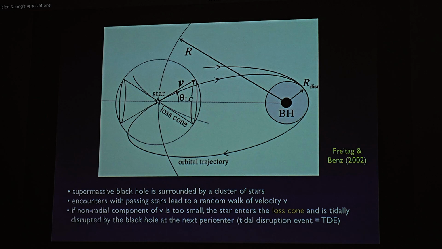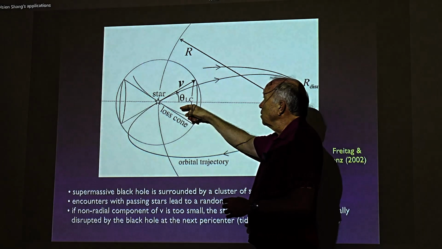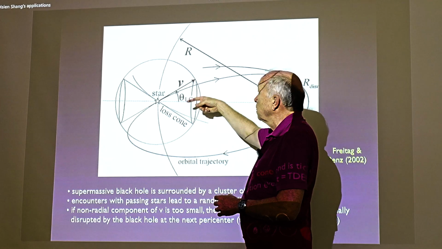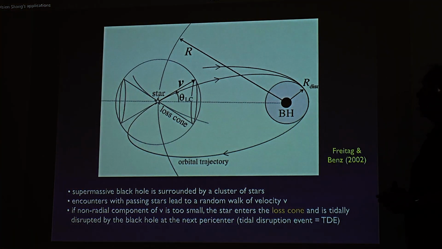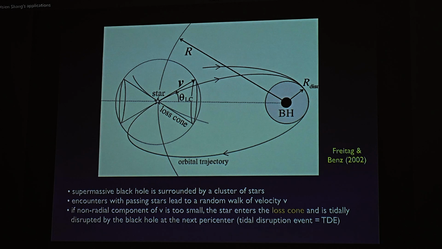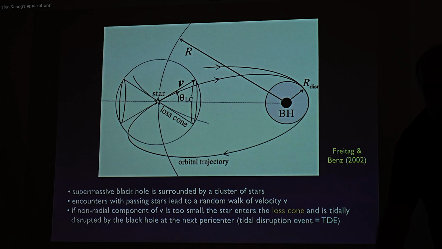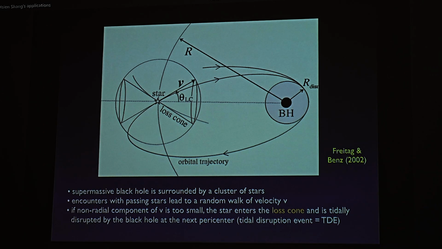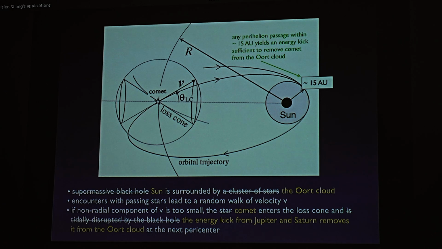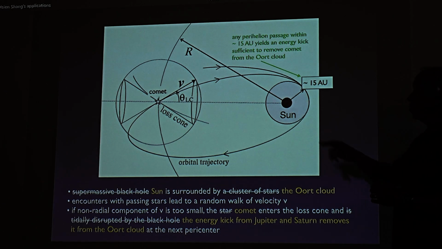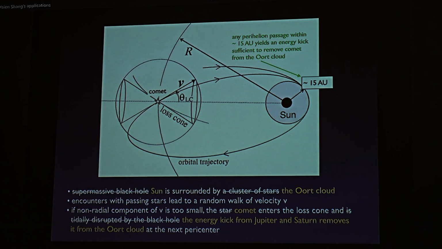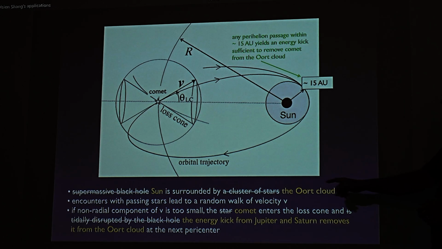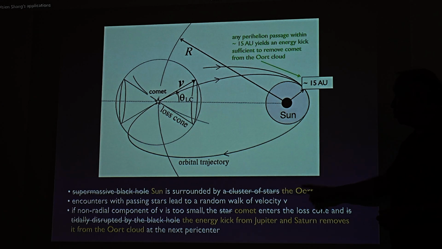That means that there's what's called the loss cone in velocity space. There's a conical region in velocity space in which any star is going to be lost to the black hole within one orbital period. That is, it'll be lost to the black hole at the next pericenter. The reason this is relevant to comets is that all you have to do is replace the supermassive black hole with the sun, replace the star with a comet, replace the cluster of stars surrounding the supermassive black hole with